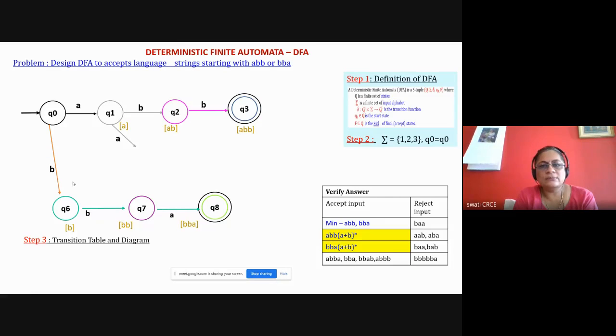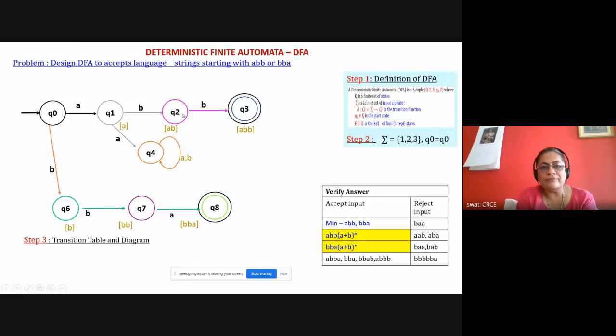Now in the state Q1, if there is any A, have you understood this? If the string is starting with A double B, this is the final state. If the string is starting with double BA, Q8 is the final state. After that, anything can be there. Now I am visiting the state Q0. Both the transitions are there, for A and B. Now in Q1, if there is any A, your string is becoming AA, which is not allowed. So it is a dead state.